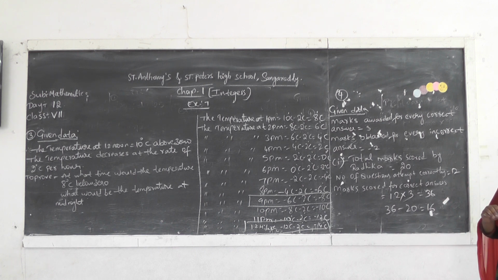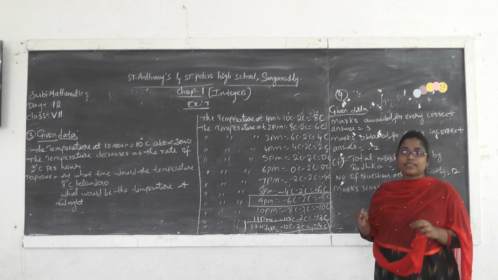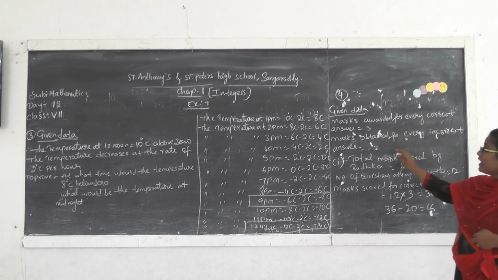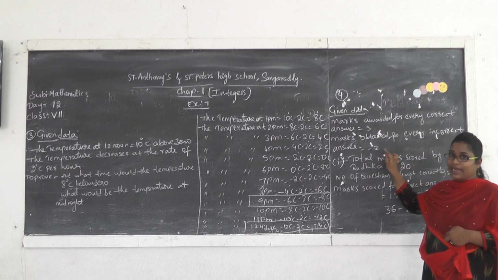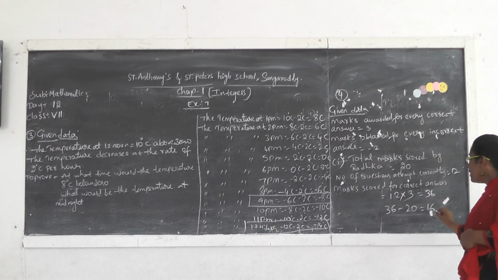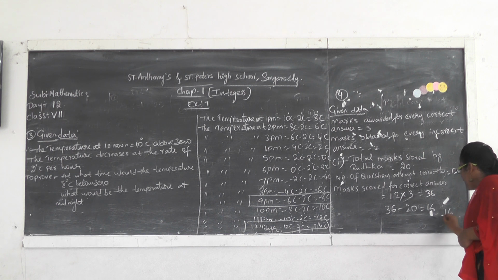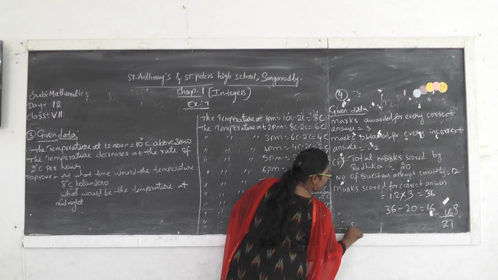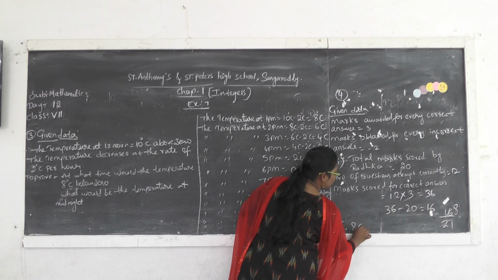Why were the 16 marks reduced? Because she wrote incorrect answers. Isn't it? From the correct answers, which marks will reduce? The questions which they wrote incorrect, those marks will be reduced. So how many marks reduced? 16 marks. For each question, how many marks are reducing? Minus 2 marks. So what we have to do? These 16 marks should be divided by 2. 2 ones are 2, 2 eights are 16. So how many questions she wrote wrong? 8.